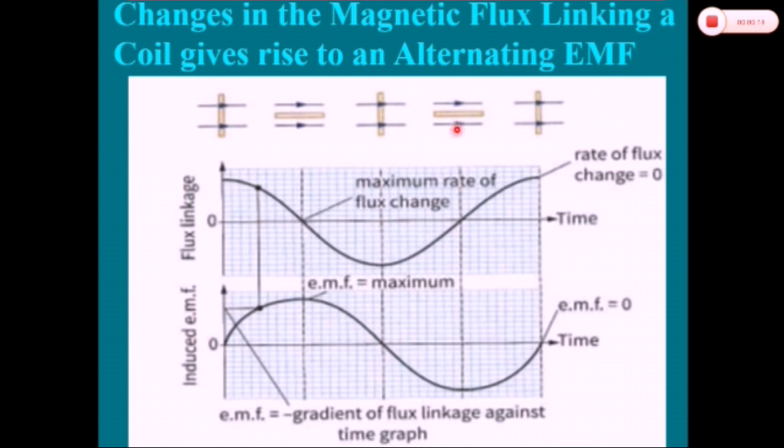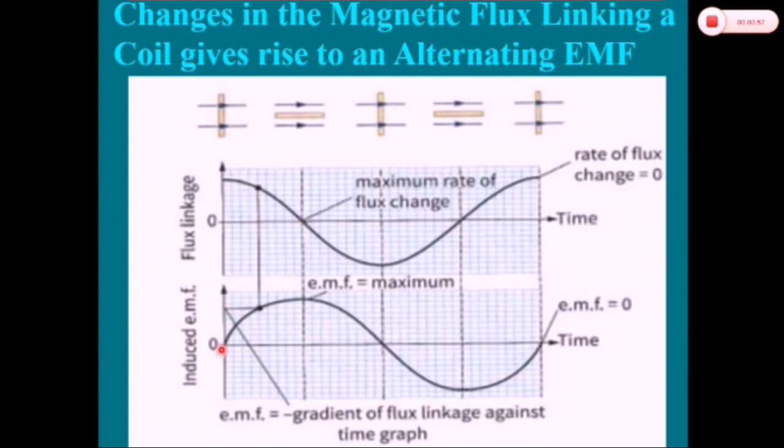Now what is this? These are the orientations of the coil, okay, in one complete rotation. These are vertical positions and these are horizontal. Now according to Faraday's law, what happens? The induced EMF which is produced is equal to minus the rate of change of flux linking the coil. Now in the first case, see here, in this position, when the flux linking the coil is maximum, the rate of change of flux is zero when the wire or coil is in the vertical position. Hence the induced EMF will be zero.